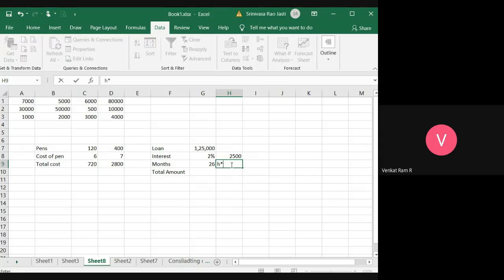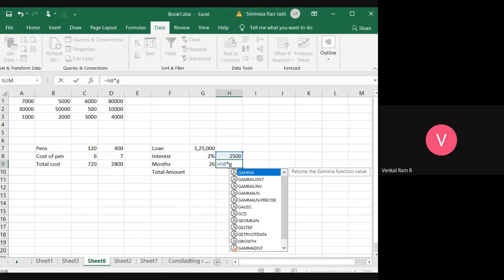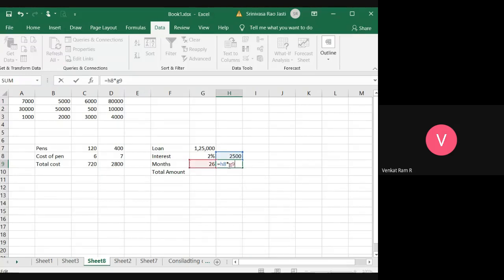H8 is equal to H8 into G9. So I have to pay 65,000 more.